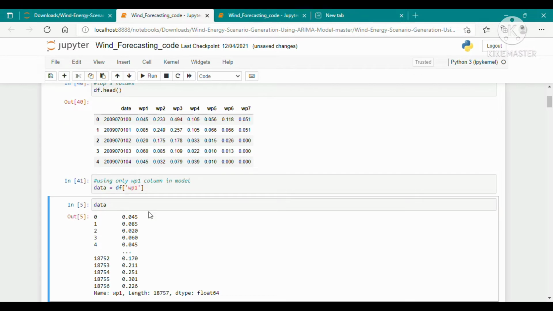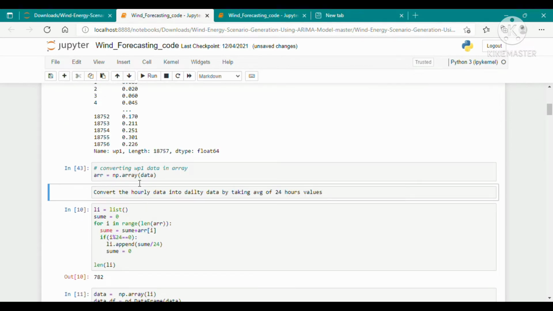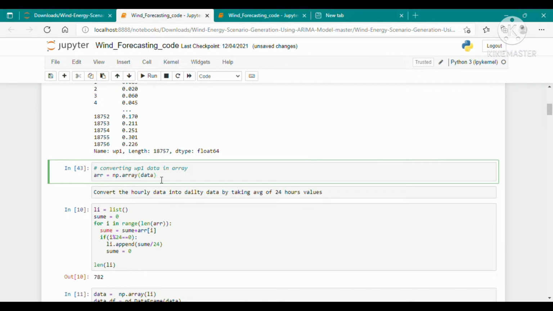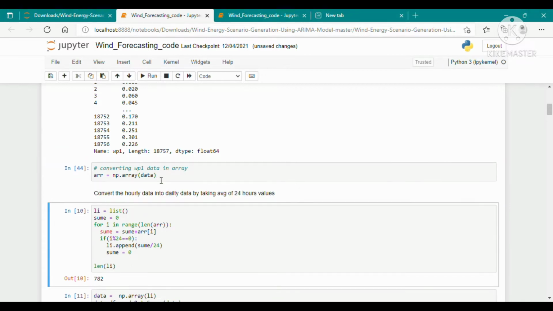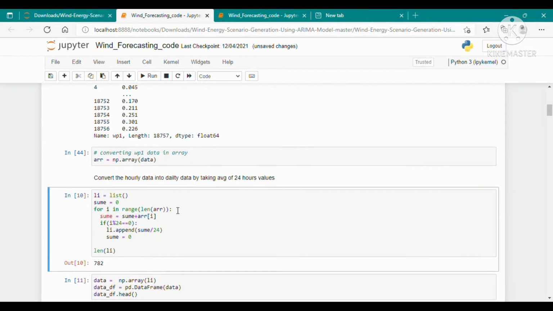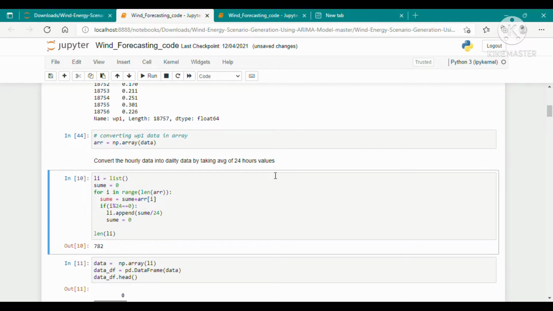So using this we take the data, and now we are converting the WP1 data into an array. The data is in hourly form, so we will convert it into daily form, or we can say 24 hour values.